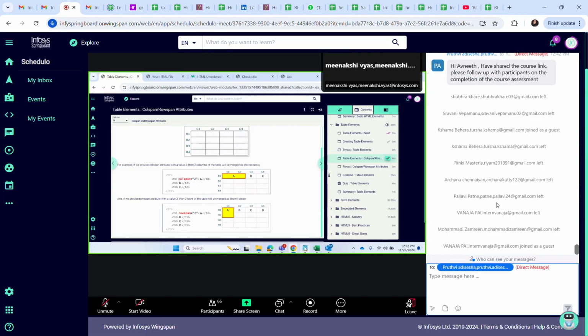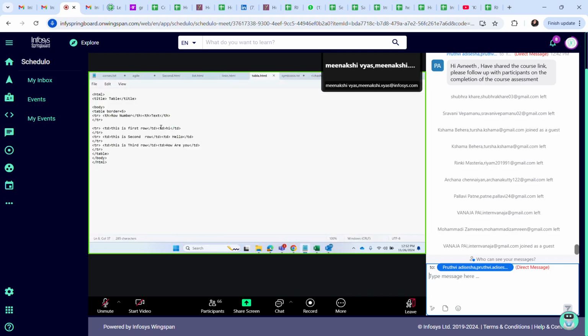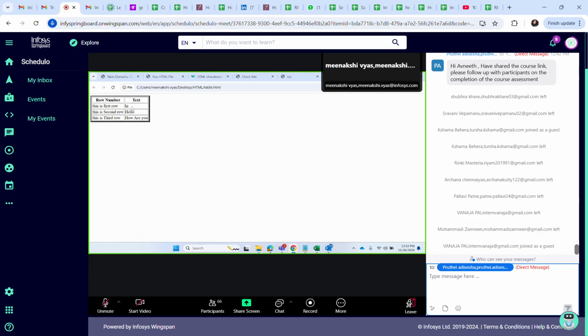So for example, let's consider this table only. If I want high to be displayed in these 2 rows, it is okay. We have created this. What I want here, let's see, I want this particular column to be extended till this second column.